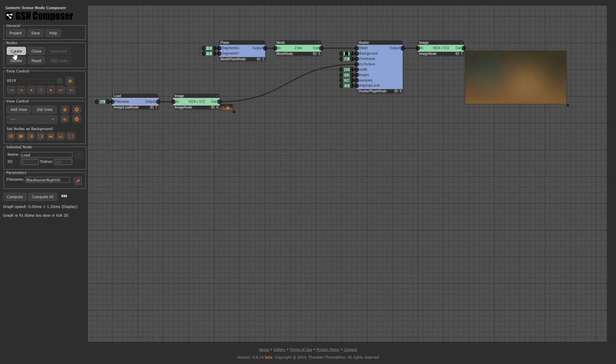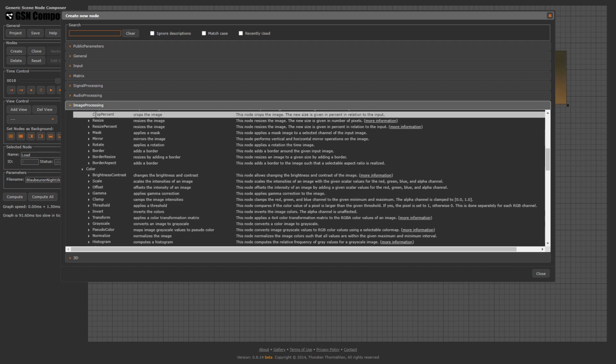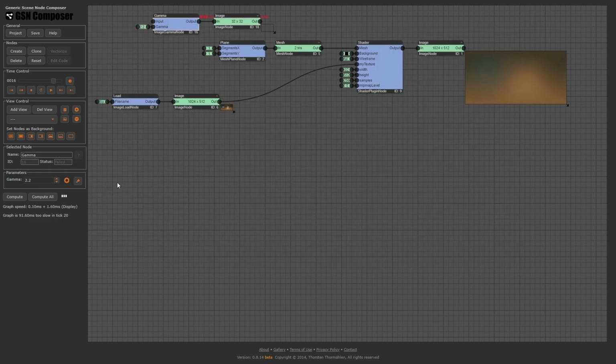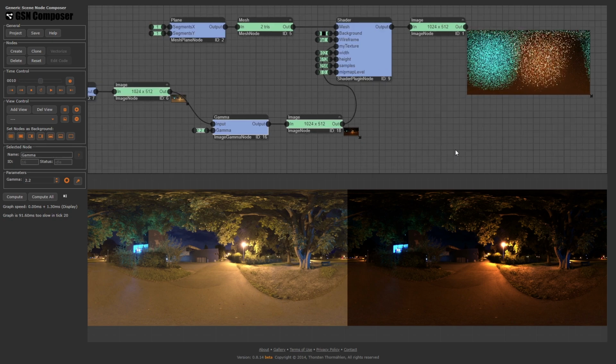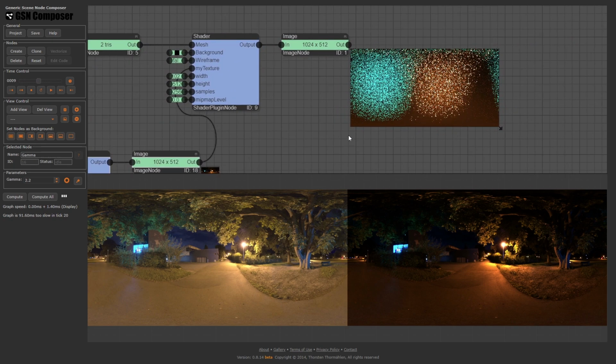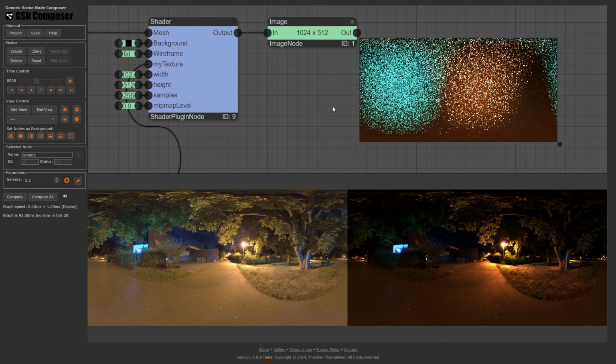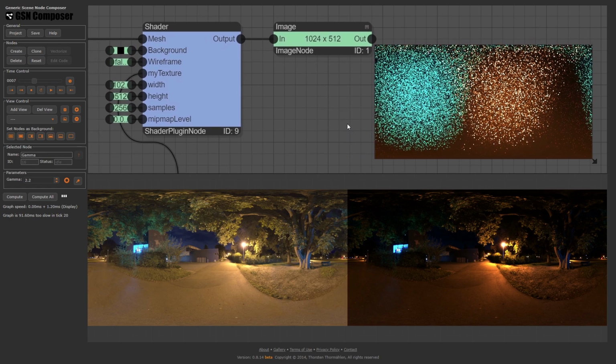We create a new node: Image Processing, Compute, Color, Gamma. We see that the gamma correction changes the output significantly. We can observe a lot of noise that was probably there before but was less visible.